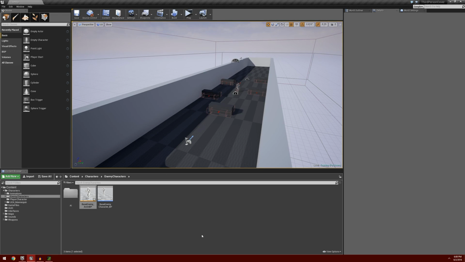The last thing I want to do is I want to go ahead and adjust our enemy character's behavior tree, because right now he can't handle what happens when we move behind him and he's in close range. And also I want to make it so that he doesn't shoot at our player until he gets into a certain range. So if the enemy is like 200 meters away from us,